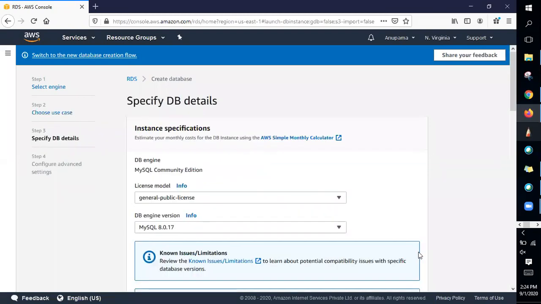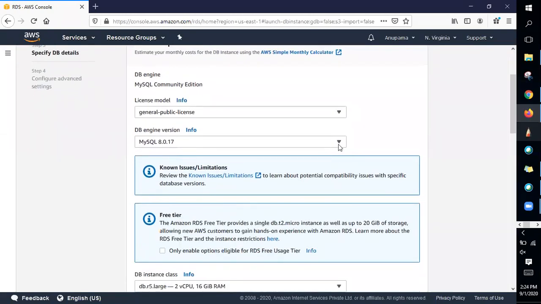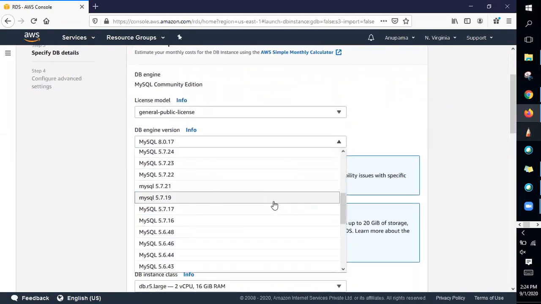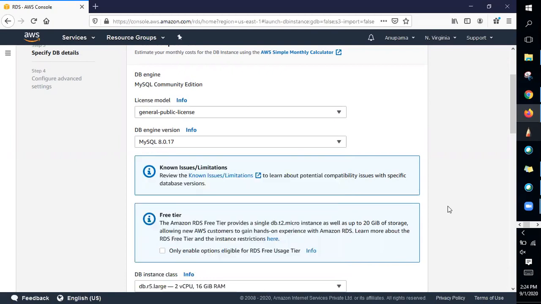In the third step, you would be selecting more about the database, like what the licensing is and what the database engine version is. In which version of MySQL do you want to go? If you don't have any use case, I can just go for the default one.